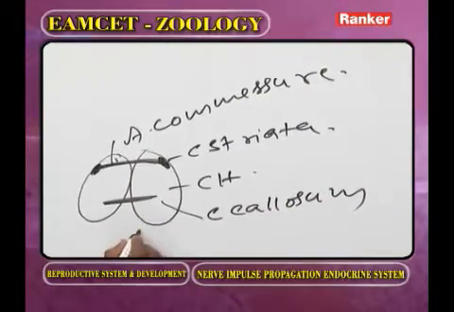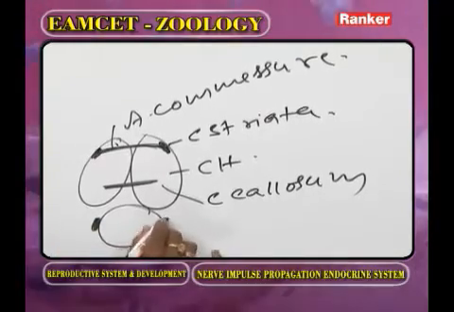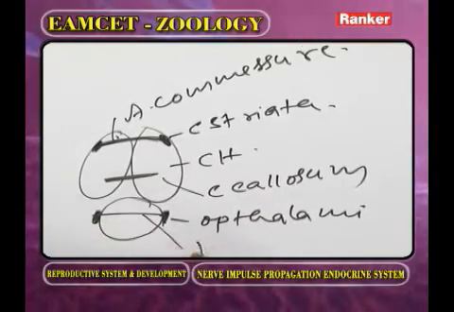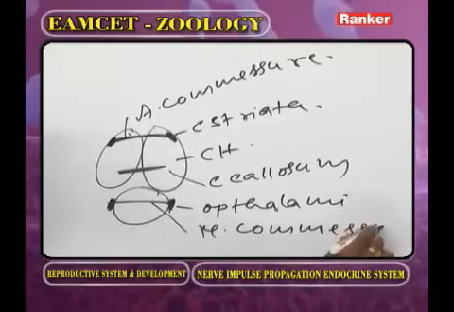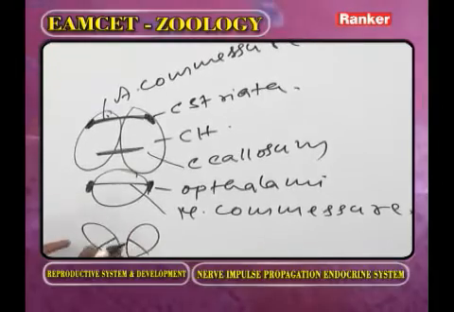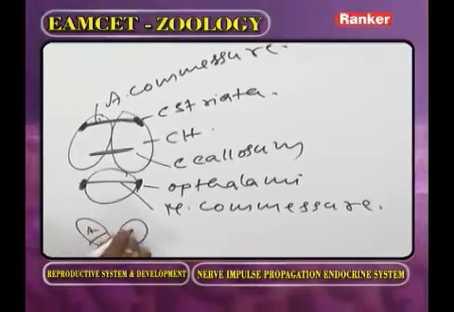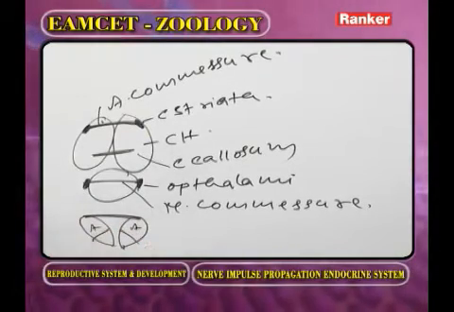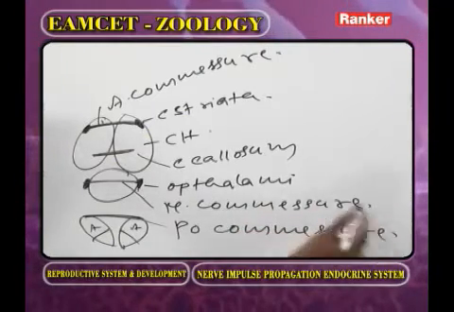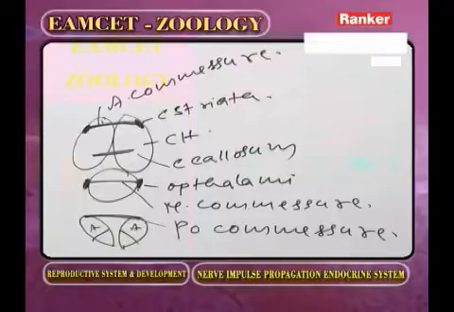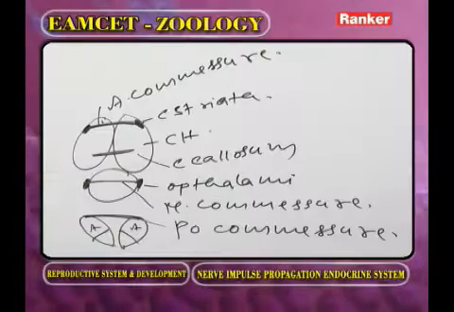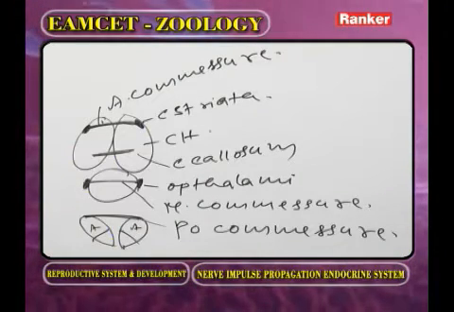And next, as we observe the diencephalon, these are called the optic thalami. The optic thalami are connected by the median commissure. And these are called the optic lobes. Now you observe how many optic lobes? 4 optic lobes. These are called anterior optic lobes. The anterior optic lobes are connected by what type of commissure? The posterior commissure. Now you have to observe: corpora striata connected by the anterior commissure, optic thalami connected by the median commissure, and anterior optic lobes connected by the